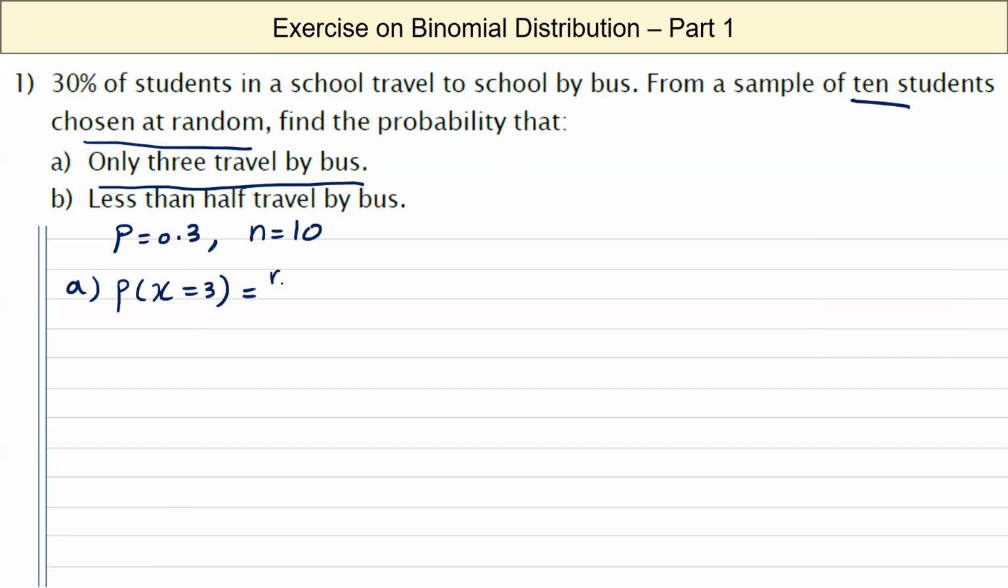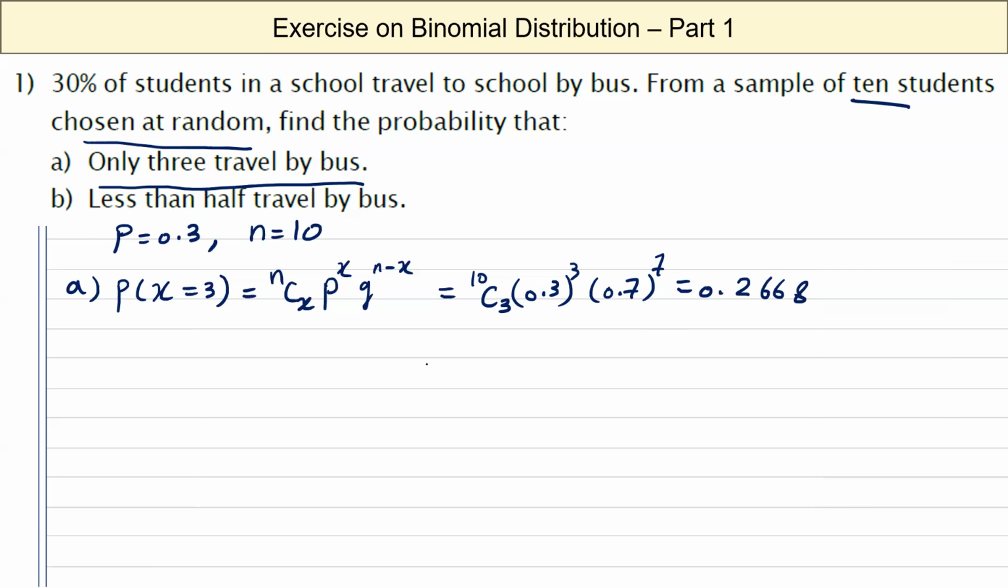By applying the rule nCx, probability of success power x, Q power n minus x, you can calculate: the number of trials is 10, so 10C3, times the probability of success 0.3 power 3, times the probability of failure 0.7, which is 1 minus 0.3, power 10 minus 3, which is 7. Doing this by calculator, you will get approximately 0.2668. B,